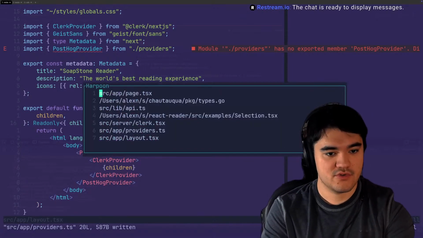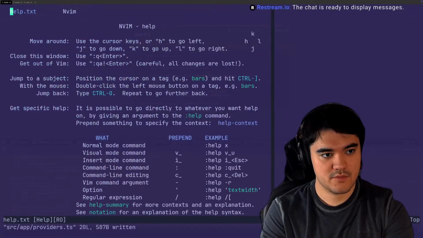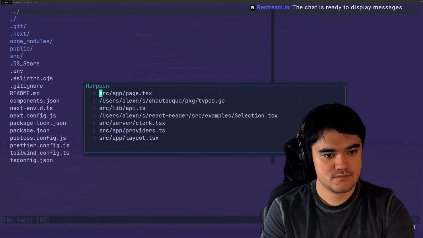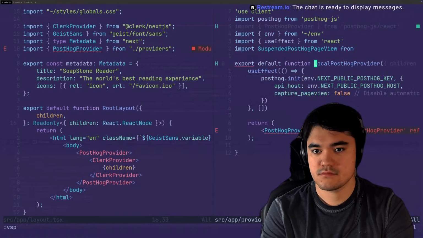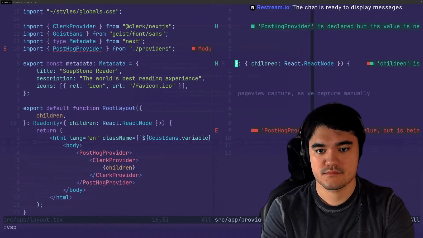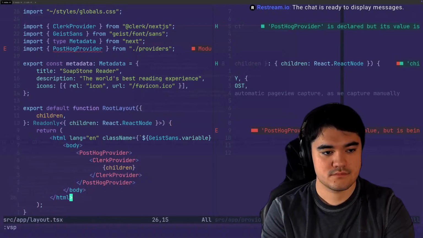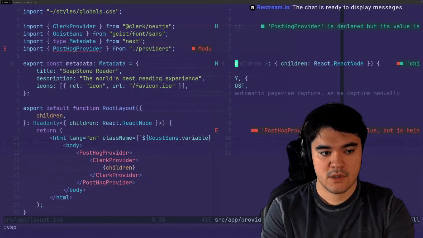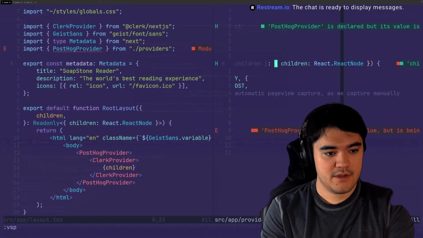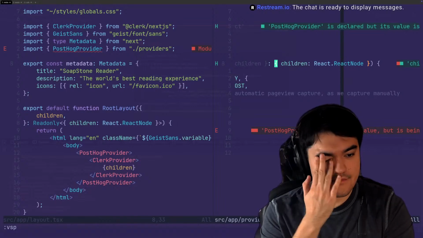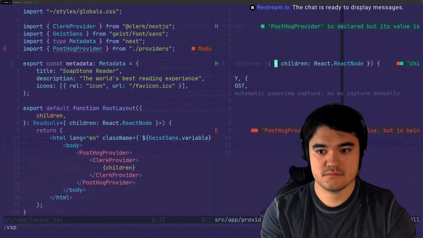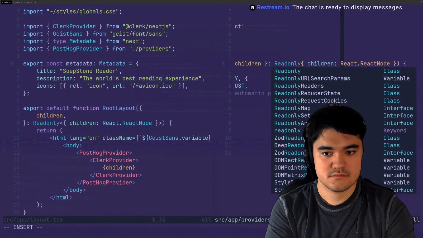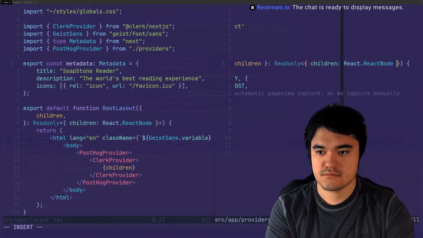Readonly children React node. So, what if we do that?